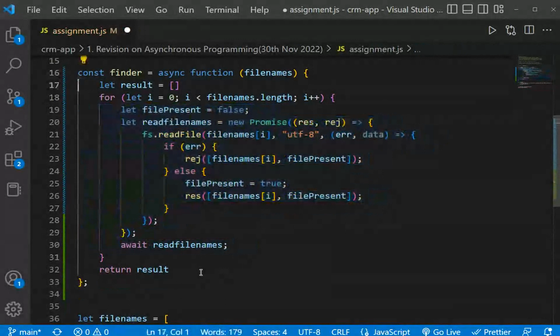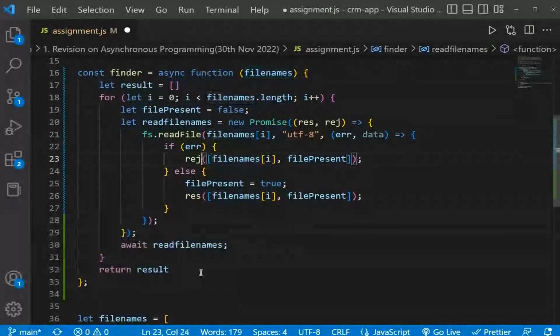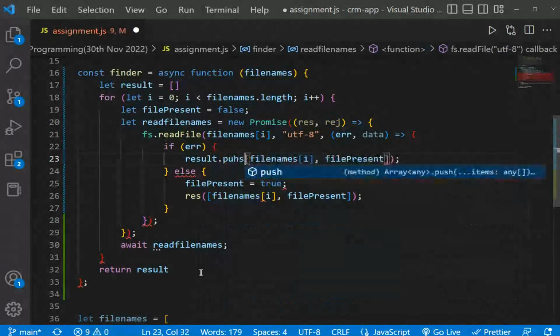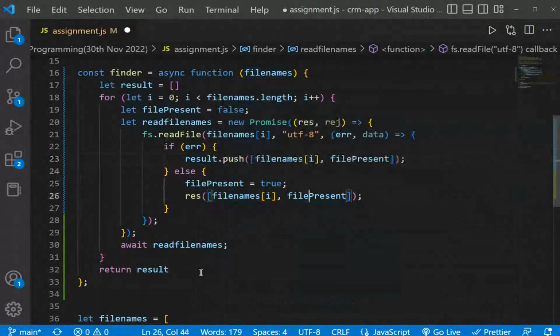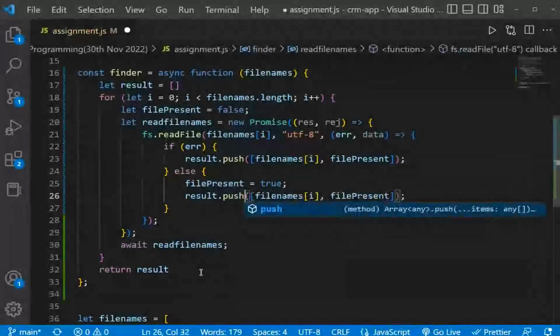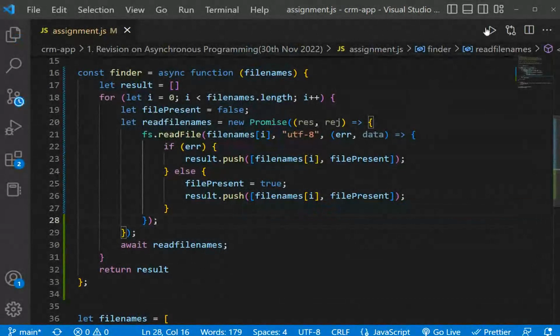I'll just come here and instead of sending anything to reject, I can just do result dot push this, and I can come here. Yeah, exactly. So result dot push this, and now I'll save this and run this.